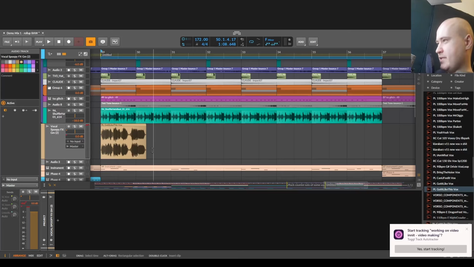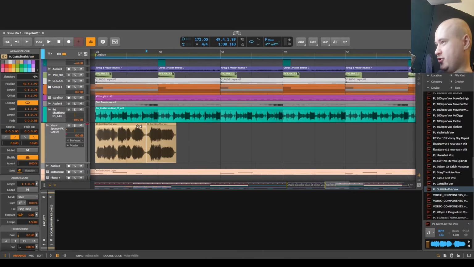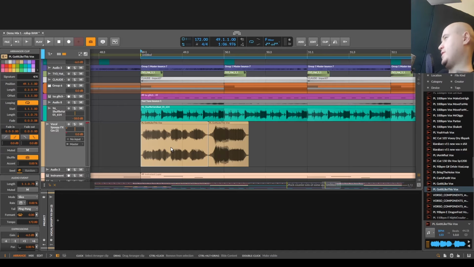Okay, so here's something you should understand about compression: compression is just volume automation. All it does is turn your sound up and down. And if you really want to get the best control, you can do this manually, and often you get better